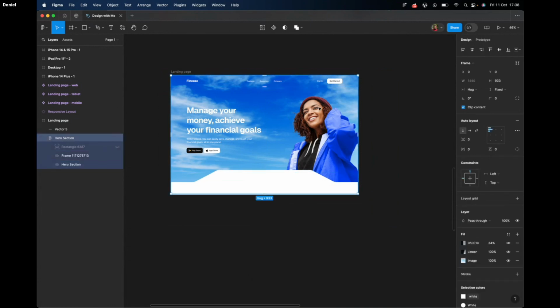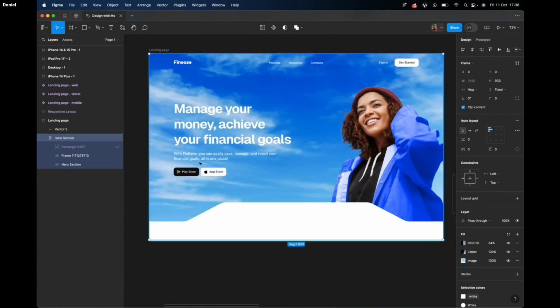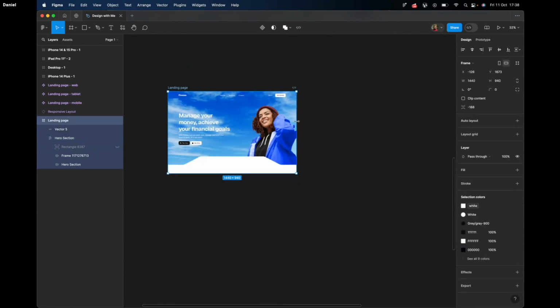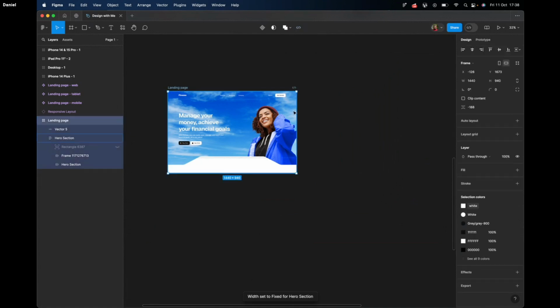So the first thing I want to do is, there's an auto layout holding this text and the image with the top navigation, right? If I want that, when I adjust the main frame, the main interface, I want this auto layout to adjust with it. I don't want it to stay in the same place. So I will do the same thing. I'll apply left and right to this particular auto layout as a constraint. So the moment I apply it and I adjust this interface,